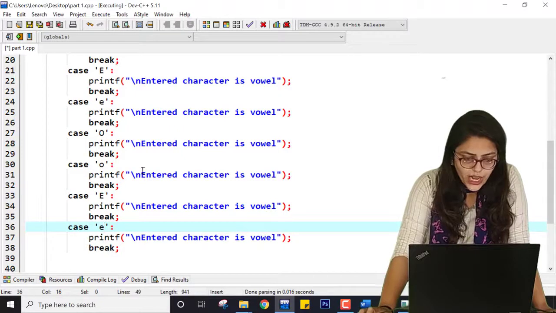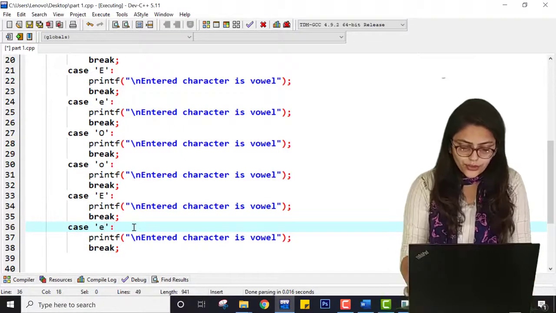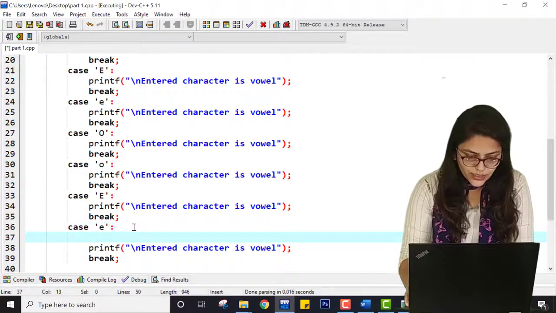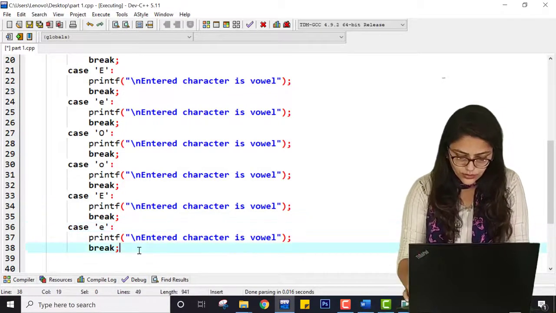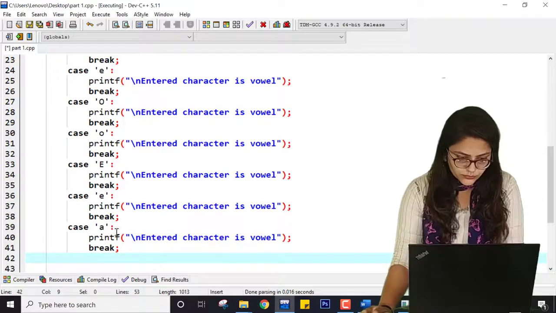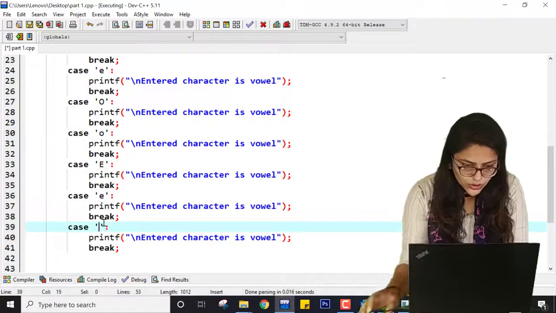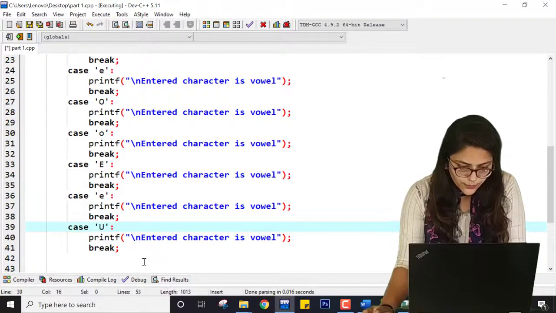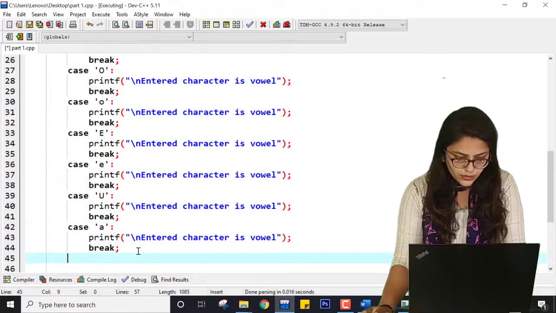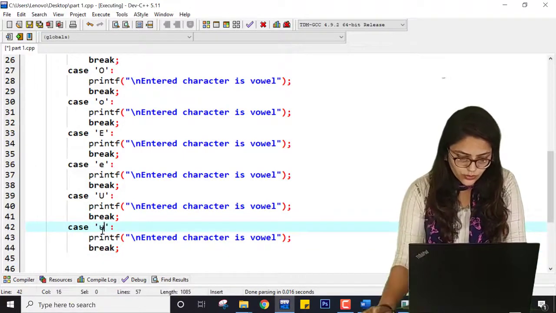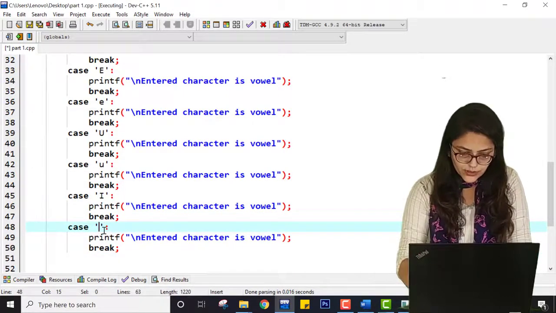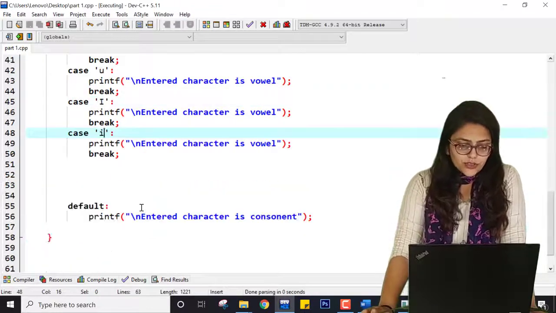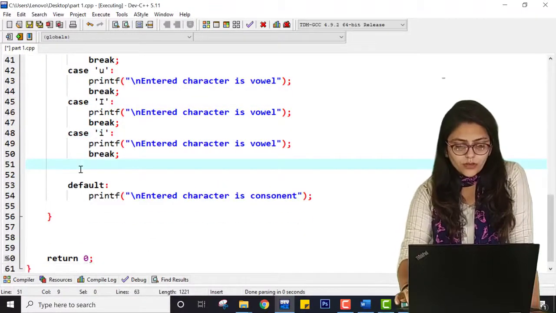So A, E, I, O, and U. U is remaining and I is remaining. So here it will be capital U, here small u, here capital I, and here small i. Let me save this program.